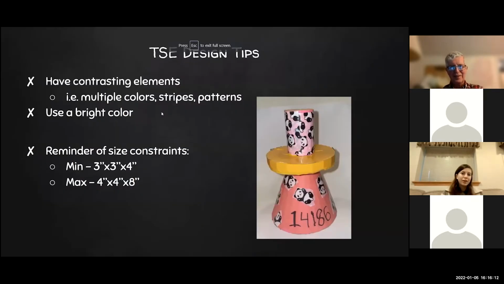When designing your TSE, just a few tips to have it be identified as best as you can by the machine learning algorithm is to have contrasting elements. On ours, you can see we put little pandas. This could also just be multiple colors, stripes, patterns, anything like that. And using a color that's bright and very different from the gray mats will also help your robot pick up the